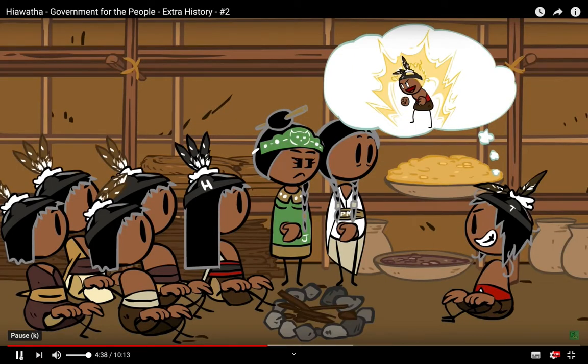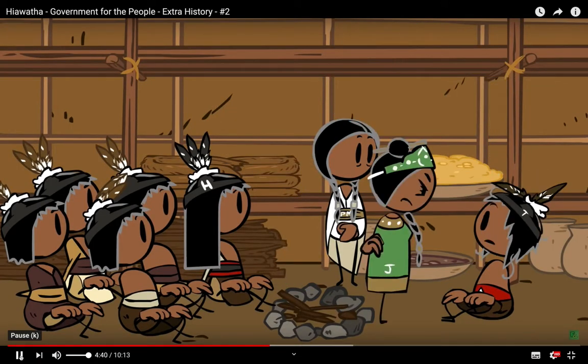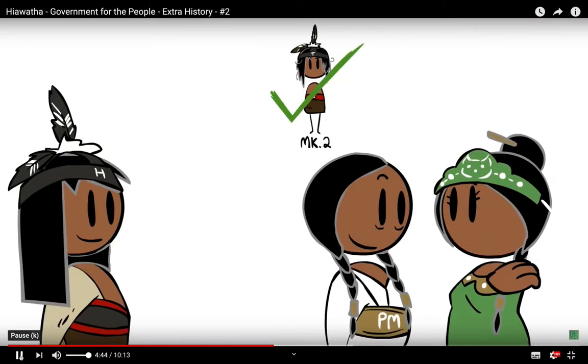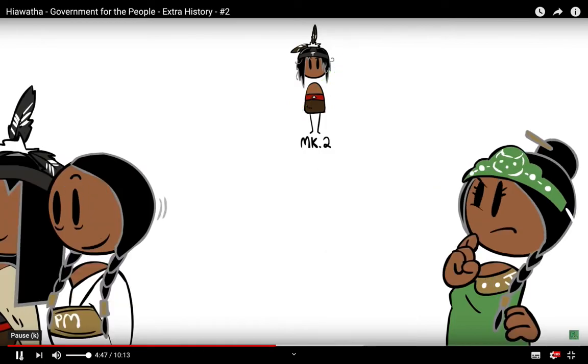While these thoughts were swirling through his head, Jigonsase stepped forward. She hadn't believed that Tadadaho could be reformed, but the Peacemaker did, and she trusted the Peacemaker. Even so, she could see the evil ideas slithering through his mind and knew that she must put a